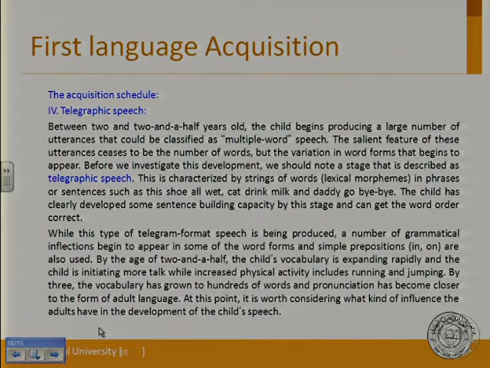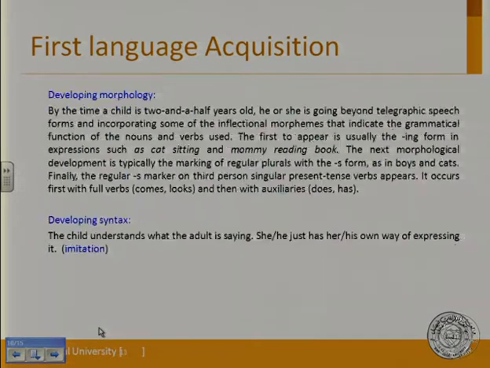By 3, the vocabulary has grown to hundreds of words and pronunciation has become closer to the form of adult language. At this stage, it is worth considering what kind of influence the adults have in the development of the child's speech. Next, we will talk about